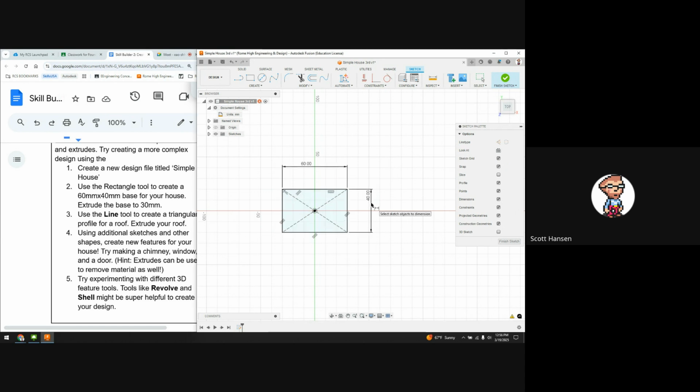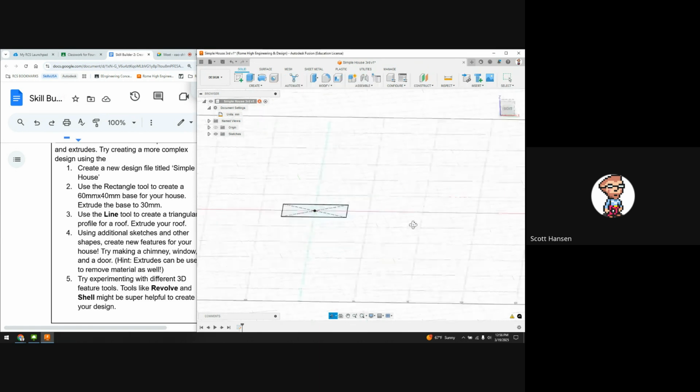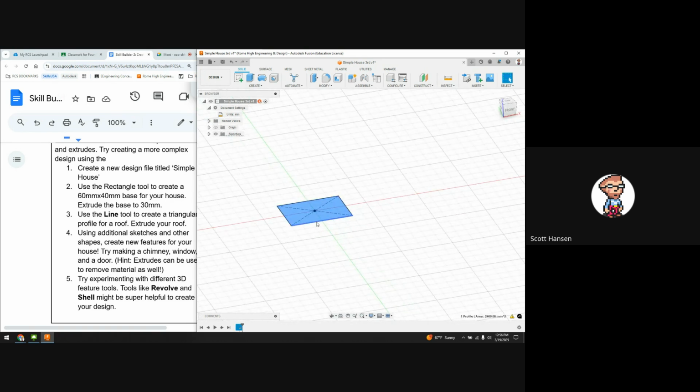To correctly size lines, with that dimension tool selected, all you've got to do is click the line, go over to the side to click. You can type in whatever specific measurements you need. And so that is enough for the base of the house. To make that three-dimensional,